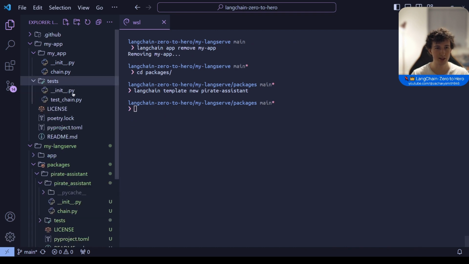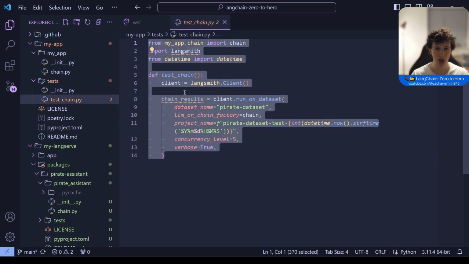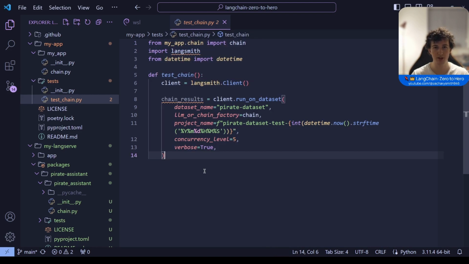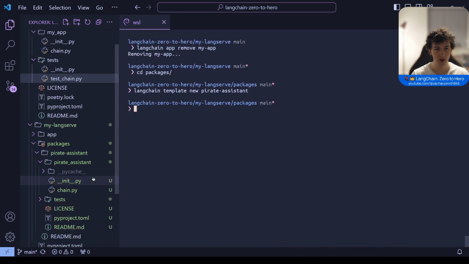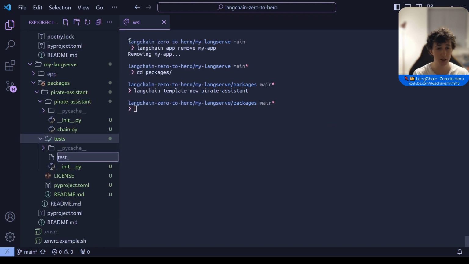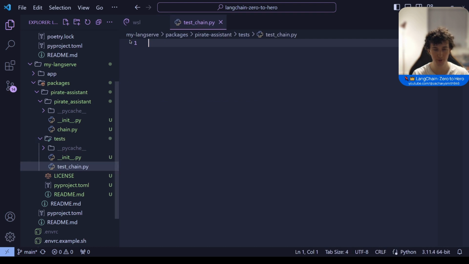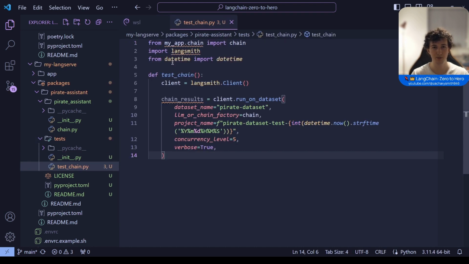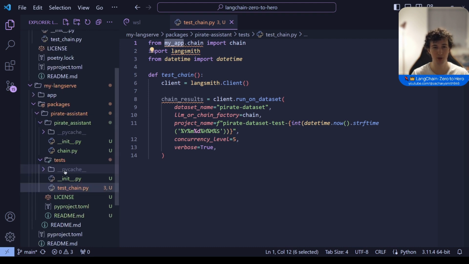Now, go into our tests folder and copy test_chain.py. You'll notice that there's actually an import here, which we're going to have to update in a second. Moving into tests, create a new file, remember to use the test underscore prefix in order for PyTest to pick up your tests in the future, and copy in the contents. Now remember I mentioned that import. MyApp won't exist once we remove it from our project in favour of developing from the LangServe project. So what we need to do is rename this